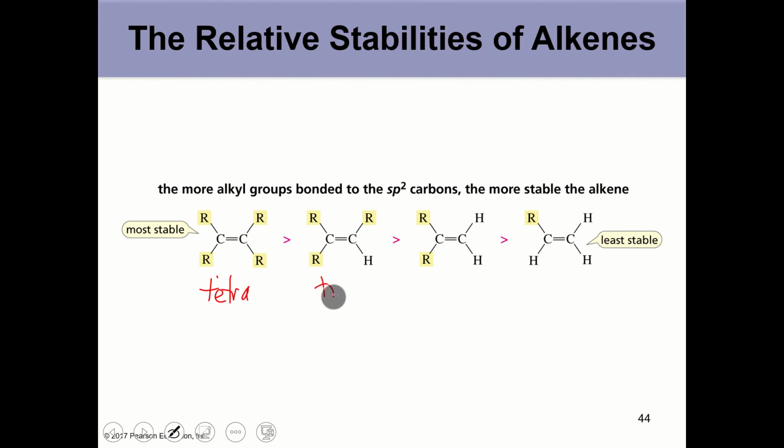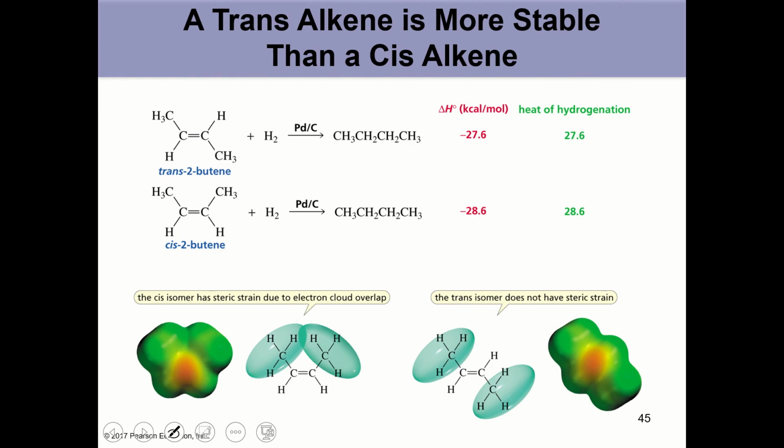Then we go to tri, geminal disubstituted, and monosubstituted as the least stable. A trans alkene is more stable than a cis alkene, and a cis alkene will actually have relatively the same stability as a